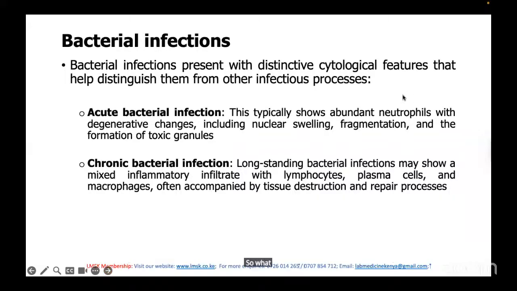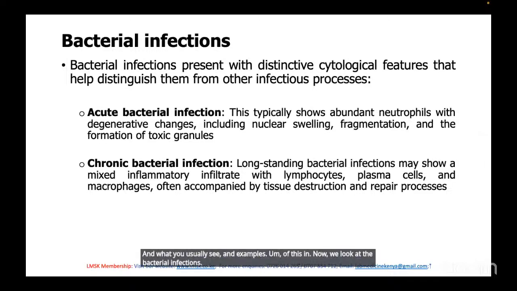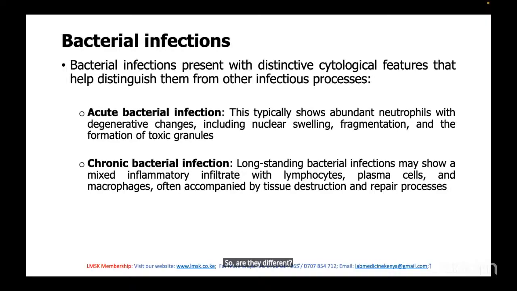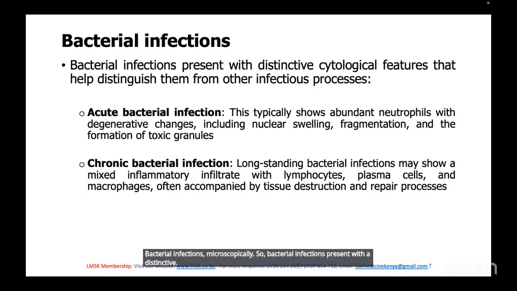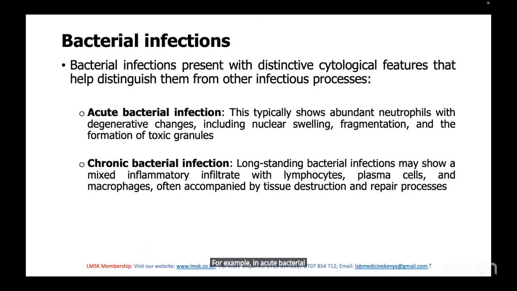So what about bacterial infections? I've given you examples of viral infections and what we usually see. Now we look at the bacterial infections. Are they different? What do we see microscopically? Bacterial infections present with distinctive cytological features that help distinguish them from other infectious processes. For example, acute bacterial infection typically shows abundant neutrophils with degenerative changes, including nuclear swelling, fragmentation, and the